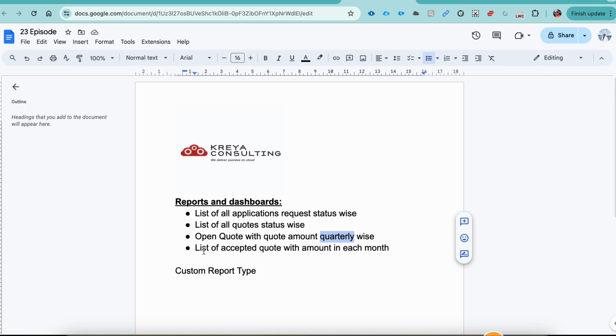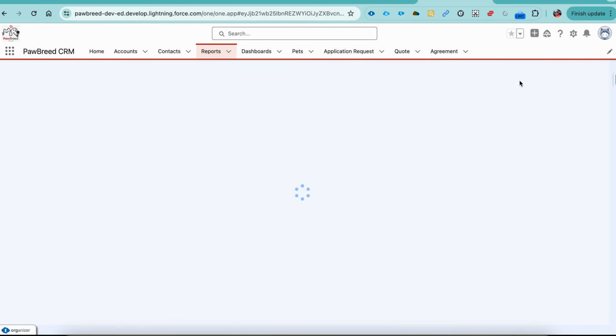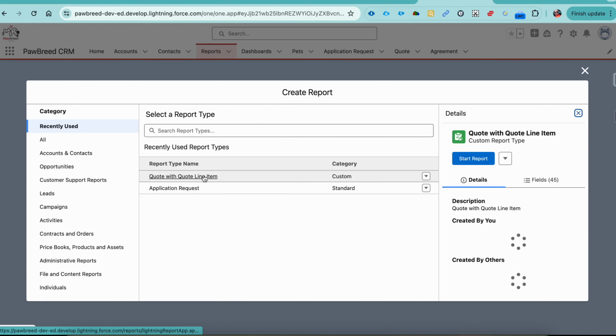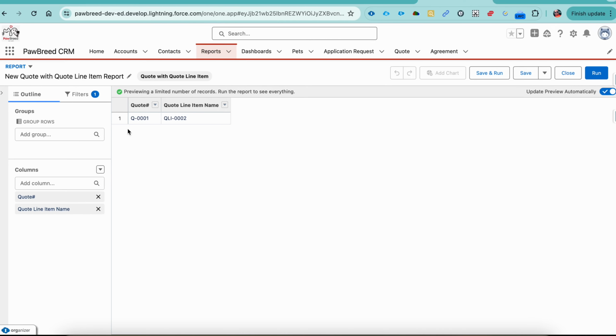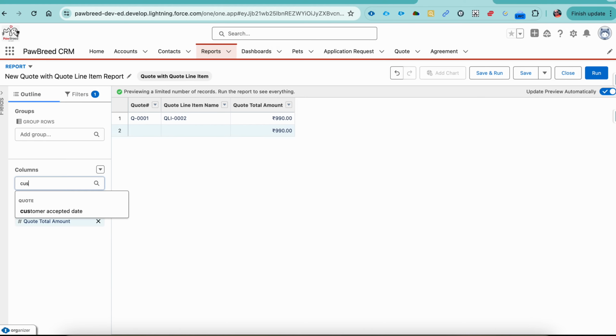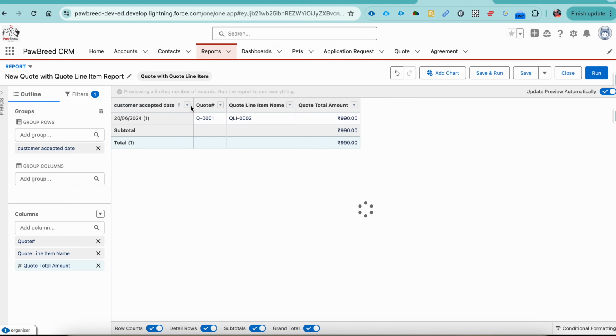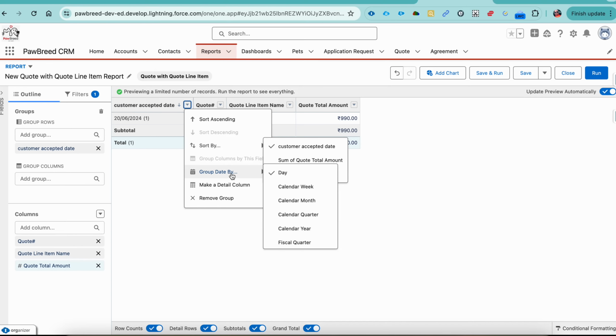Let's move to another report called list of accepted quotes with amount in each month. So in each month we have a different quote amount. So we need to create a report with the quote line item again, status wise. This time quote total amount and then customer acceptance date. This time we are going to group by this field, but not by quarter, but by month,